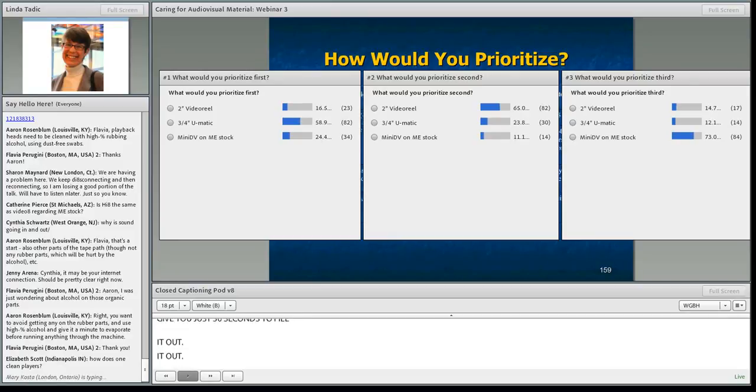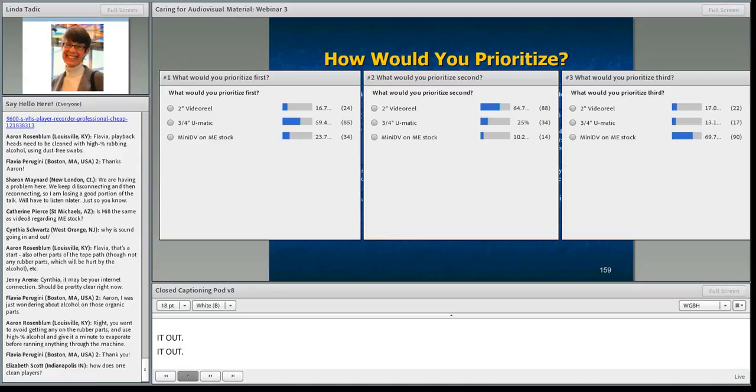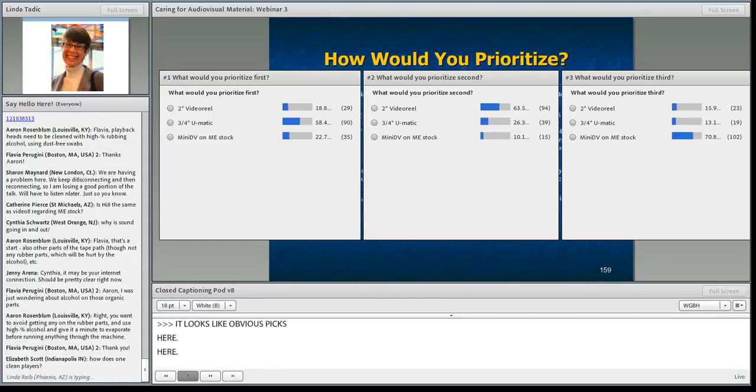So it looks like there's some obvious picks right here. All right, it looks like about everyone, we have a few more people clocking in, but I think that's most everyone.